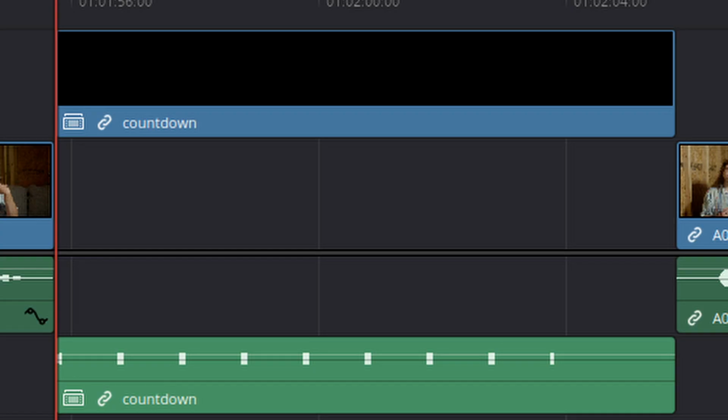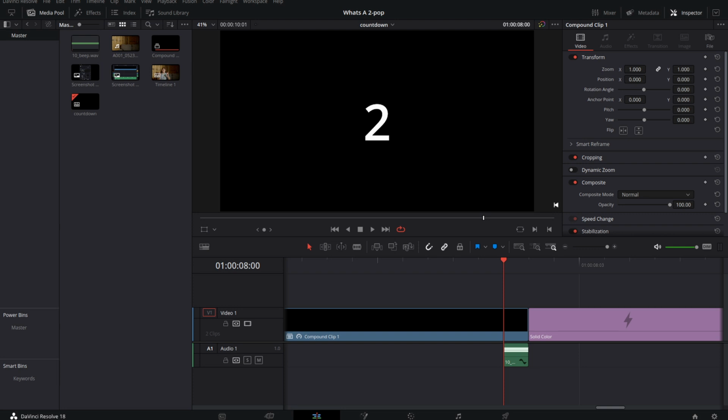So as you can see here, we can go ahead and I'm going to just copy in this file with the numbers counting down for me that I've already made. And then you'll notice if we actually look here at the two-pop frame, the frame where the 2 is, it is one singular frame where the number 2 is on screen visually, and that is where we have the two-pop.